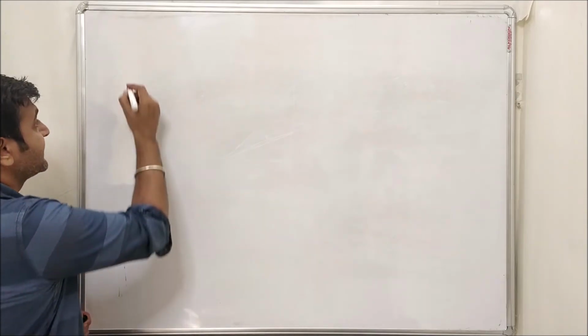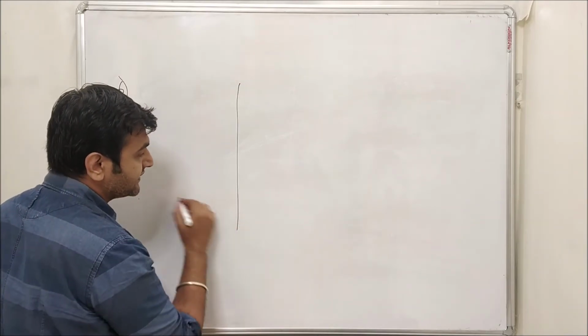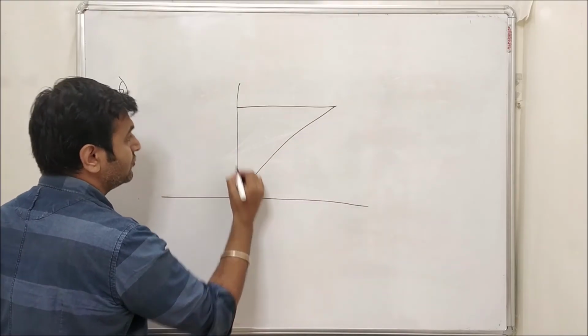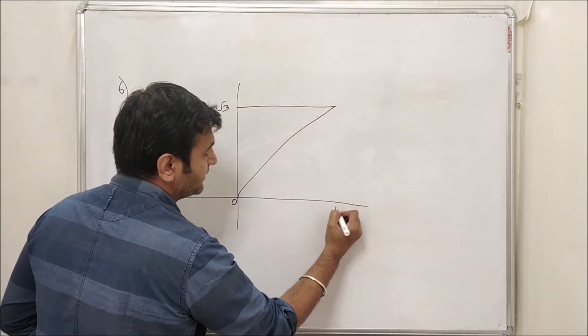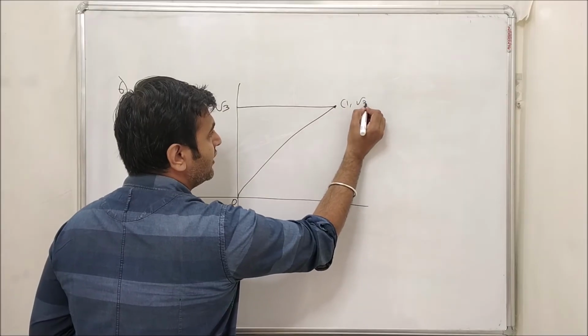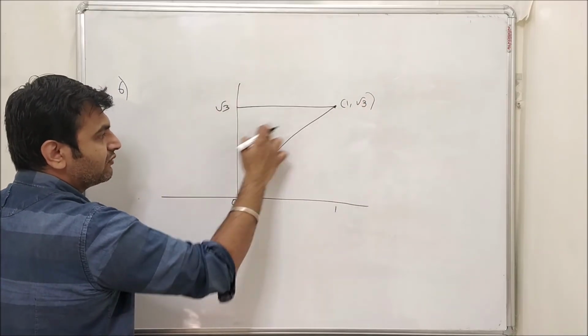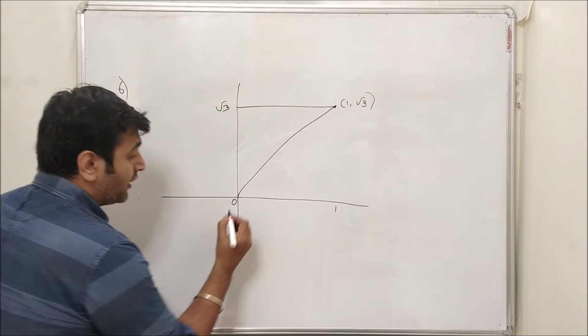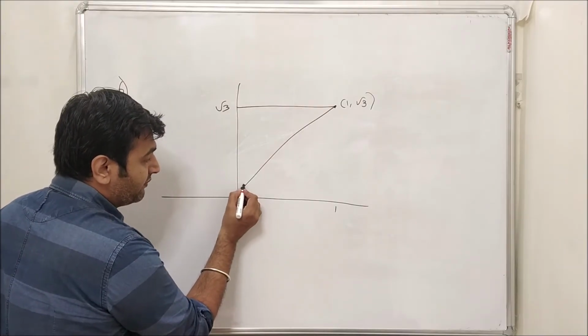Okay, so that's our sixth example. Let me take the other side of the triangle. Let me take this as my triangle: 0, root 3, and this is 1. Same thing, this is 1 comma root 3. Previously we took this side of the triangle. Now let's take this side of the triangle. What changes will you have? That's the question.